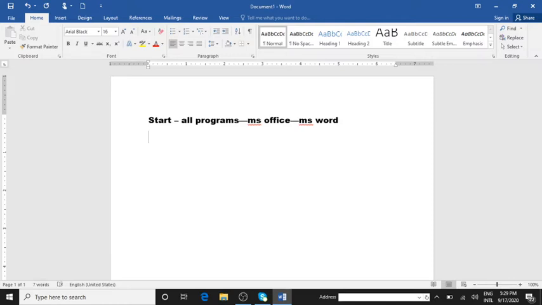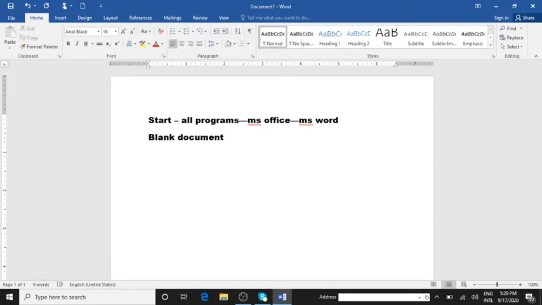Then once the MS Word screen appears, you are supposed to click on blank document. Okay children, you will be selecting blank document. Understood?